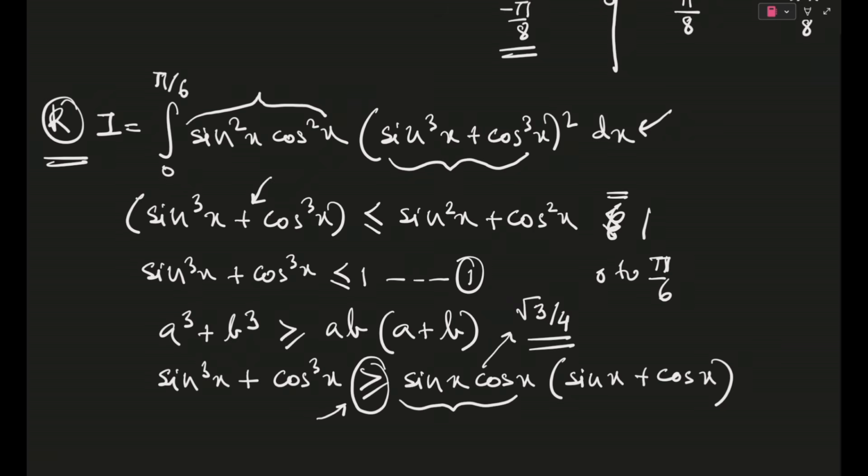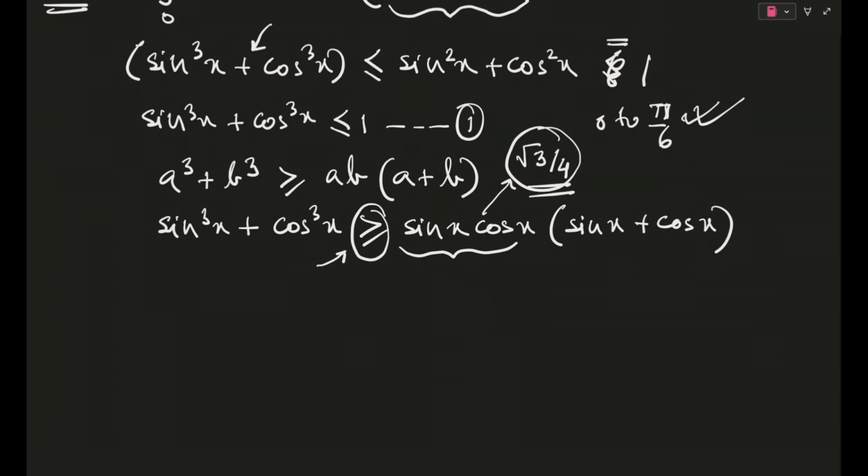Like, for some fractional multiple of pi, maybe this inequality would suffice, but that is not always necessary. Very hard and fast, as you change the limits your inequality also will keep changing. So this inequality is only valid for 0 to pi by 6. And that is actually proved here in this step, because if you don't know 0 to pi by 6 you won't know this value. Anyways, so proceeding further,